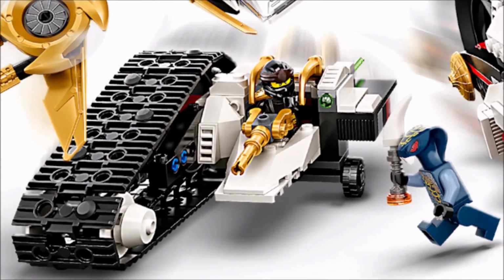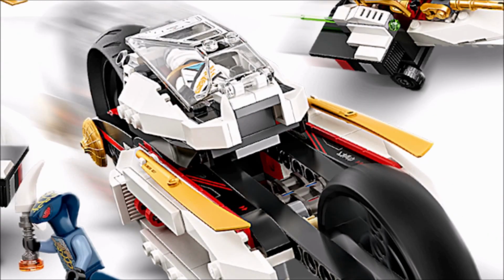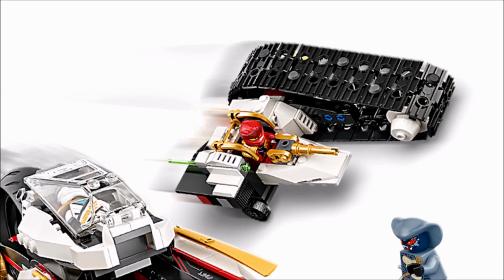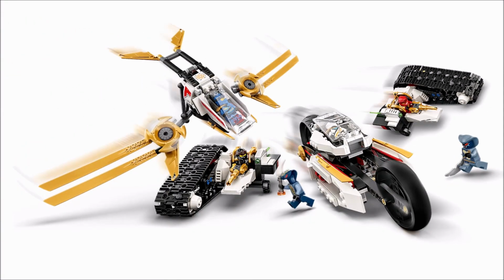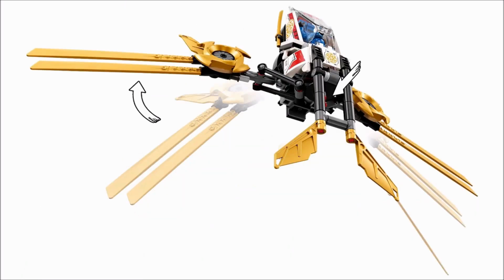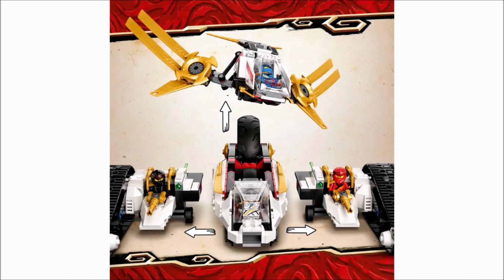I just feel like they all look very incomplete. I would say the best looking part is probably the middle of it because at least it has the two wheels going on and it adds some interesting design points there, but I've never been a huge fan of the treads on each side of the vehicle. I'm not really big into that, and just the overall design of it is nothing too spectacular in my opinion. The play features seem like they could be fun, but I'm still kind of hesitant with the actual design of this,